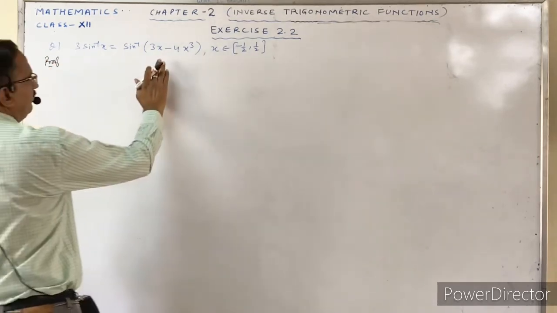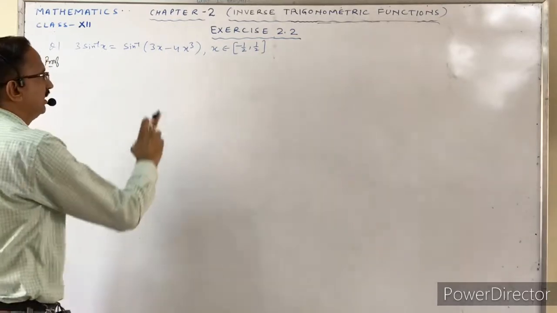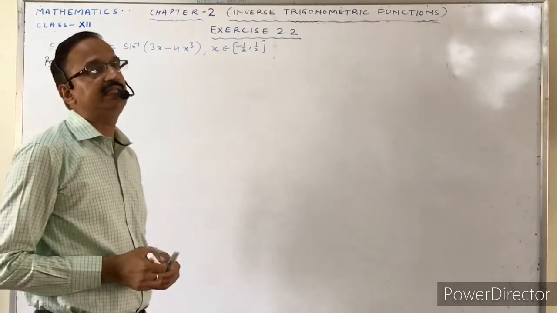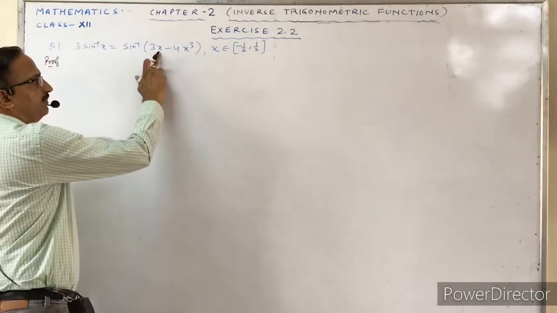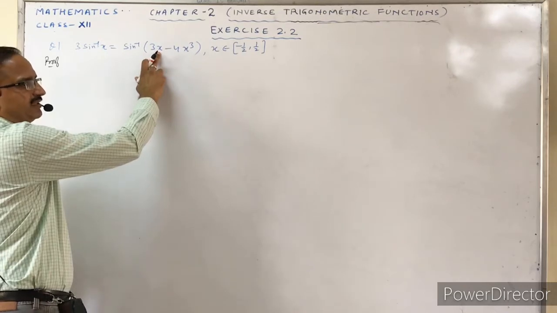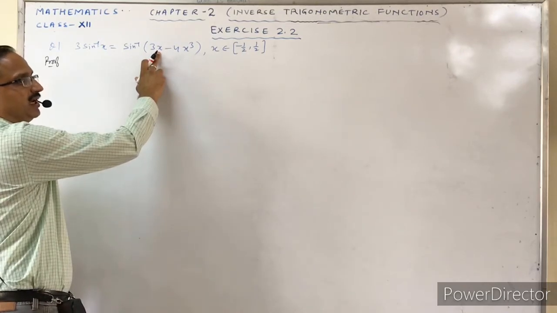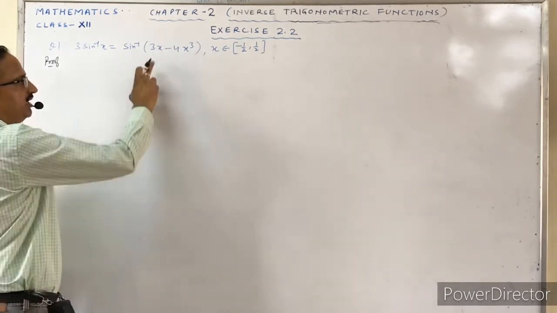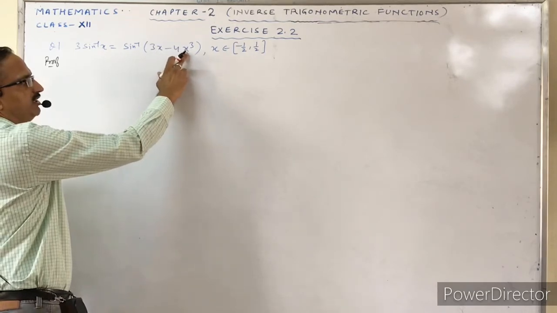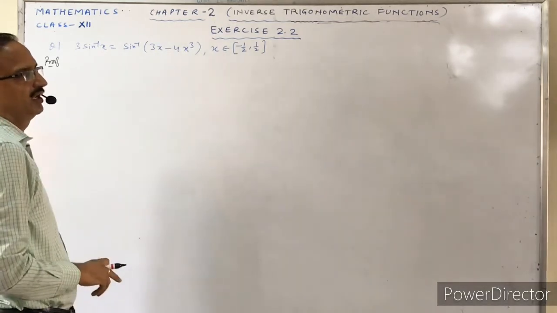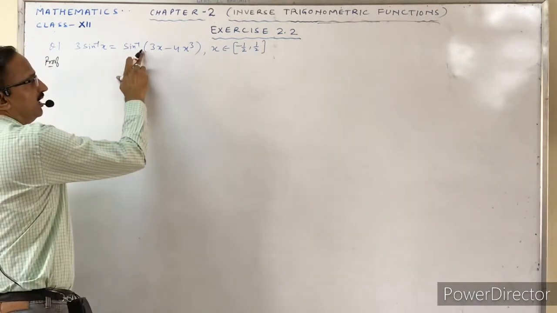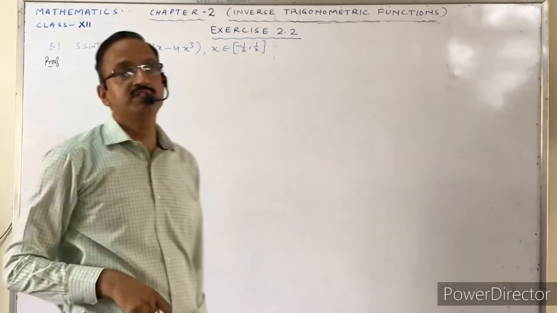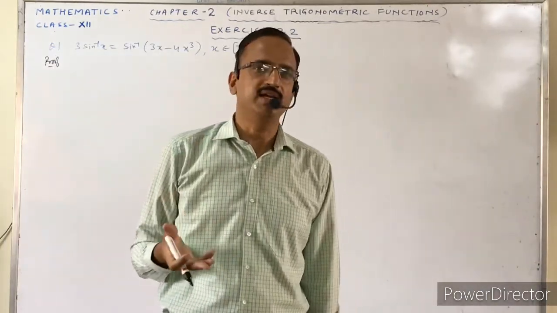In this, if we look at the right hand side, this is the formula related to sine 3 theta. If we can put something in place of x, means sine theta, sine A, sine B. So if we will put x equals to sine theta, then this becomes 3 sine theta minus 4 sine cube theta. This is sine 3 theta. Why? Because before this bracket we have sine inverse. So this must be the value of sine with some angle.